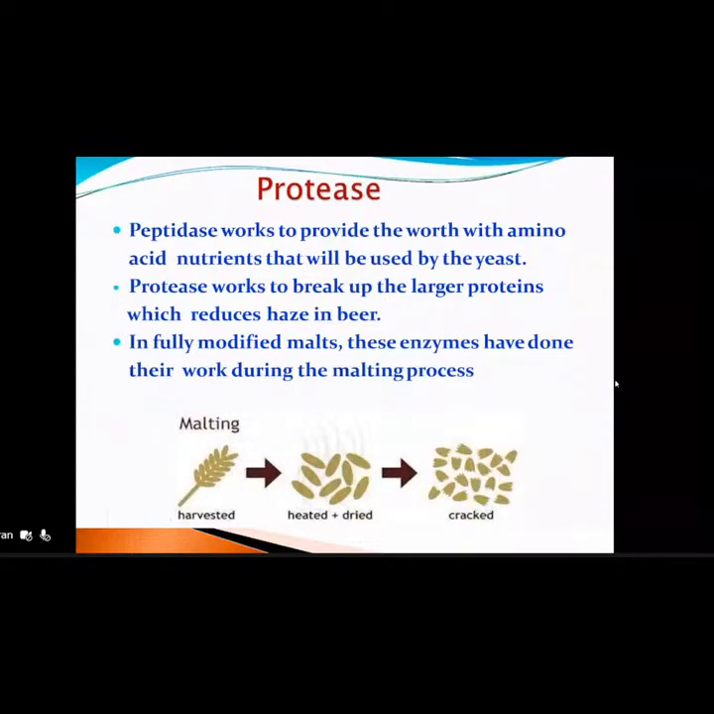This protease acts on larger protein molecules, and it also reduces the haze in beer, right? So beer and wine items,